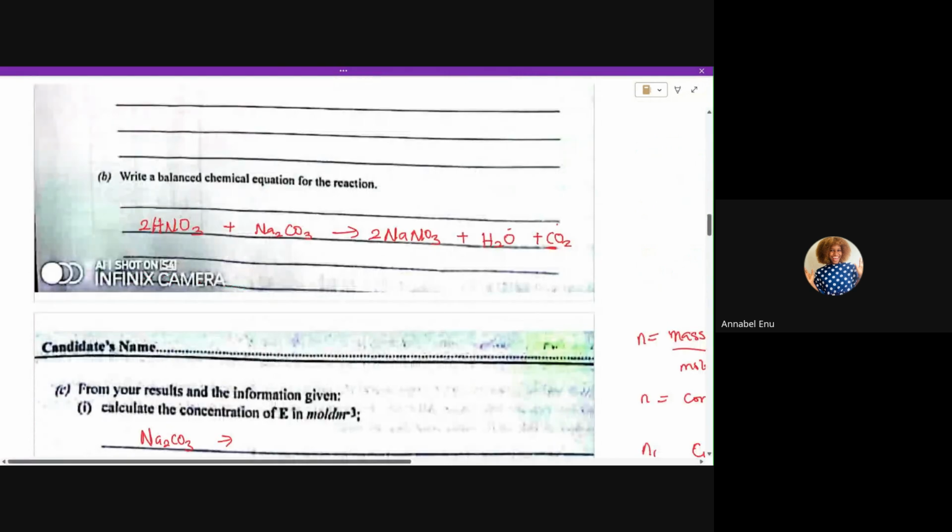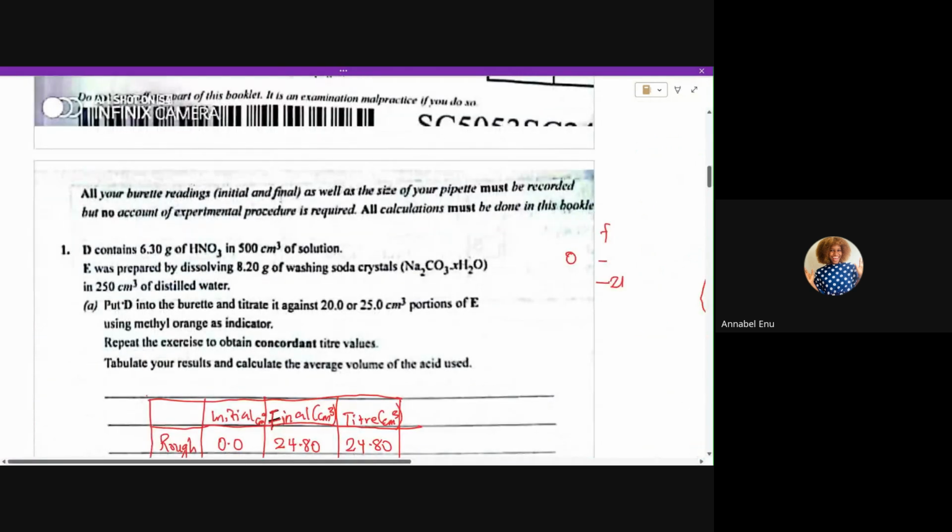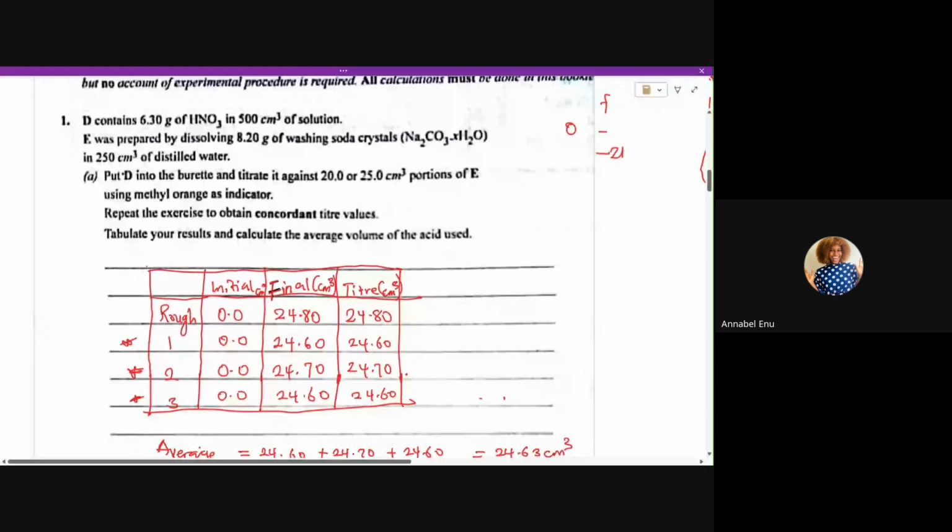Because we're given the mass of acid and also the volume. So since our mass of acid is equal to 6.3 gram, going forth and back is so much, but I believe you already saw it initially. This is the mass and volume of our acid. So we have the mass to be this, and then